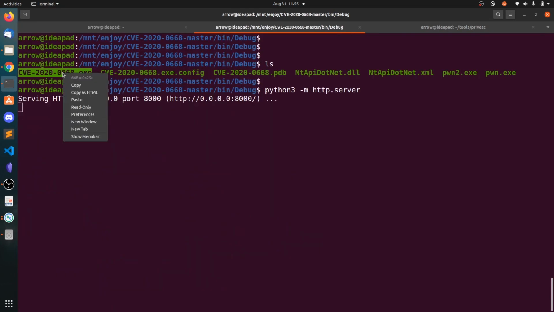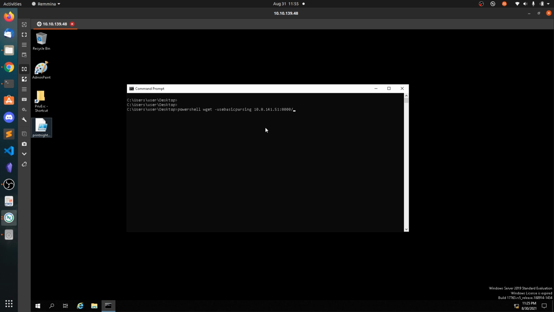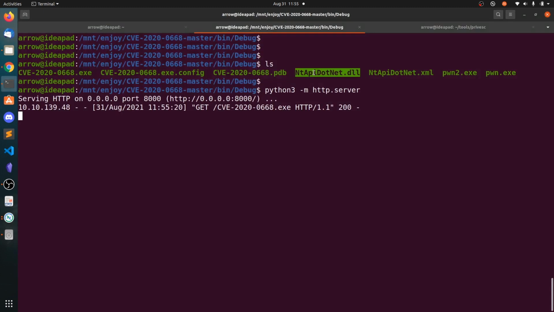Now copy the file name, and you can rename it as kernelcopy.exe. So you can see we have the binary here. In the same way, also copy the DLL file.